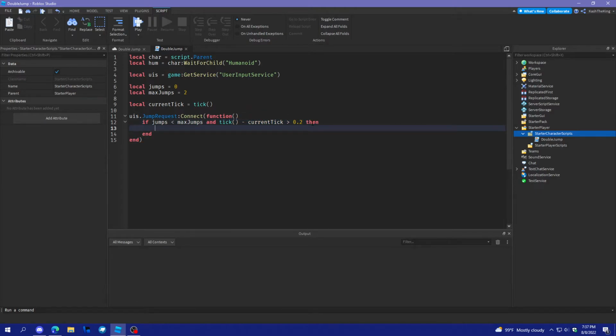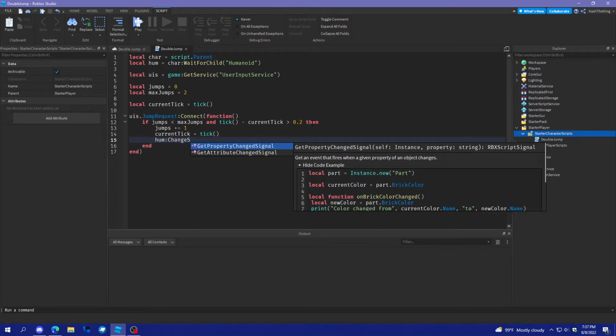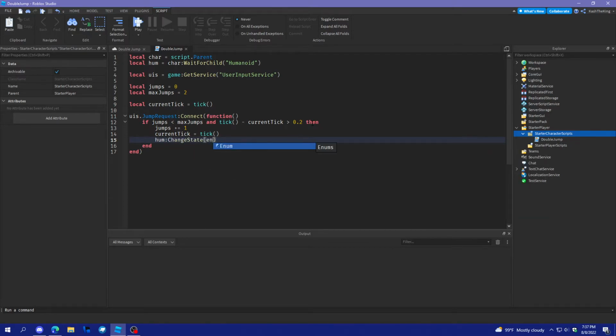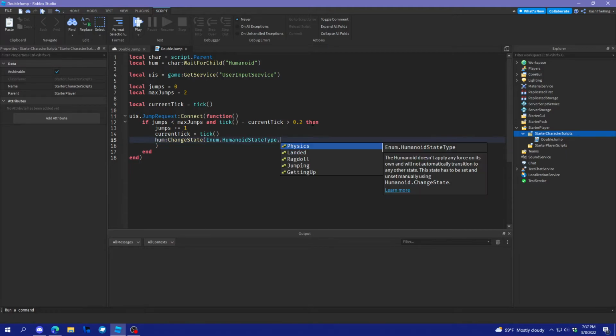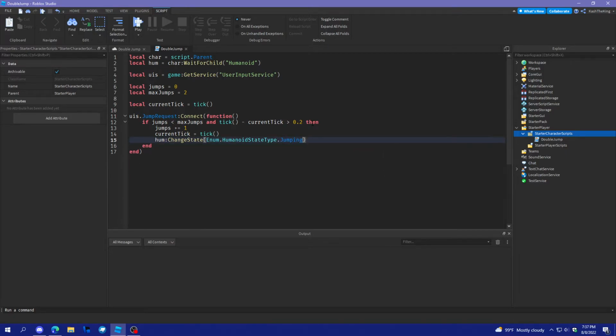Okay, and then we'll do, so if all the things are checked, jumps += 1, and then currentTick = tick(), and then we'll do humanoid:ChangeState(Enum.HumanoidStateType.Jumping). And now that should work. So if we press play,